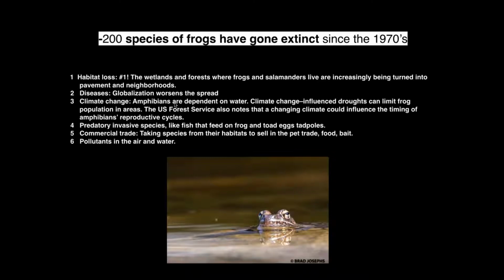So the first reason why frogs and toads have gone extinct is habitat loss. Wetlands and forests where frogs and salamanders live have been turned into pavement and neighborhoods. Then diseases, and that is much worse. You can have native diseases in the ecosystem, and all the animals are used to it, and they evolve with it. But if